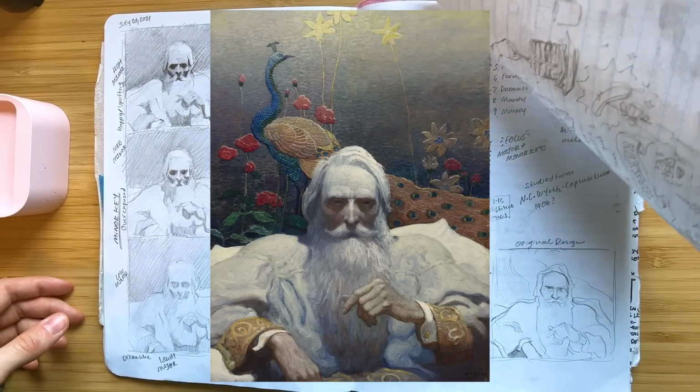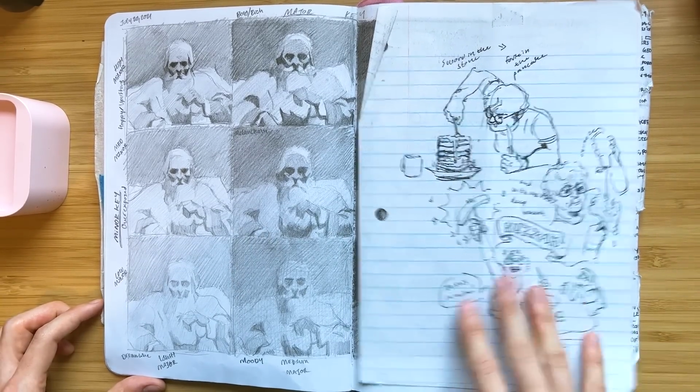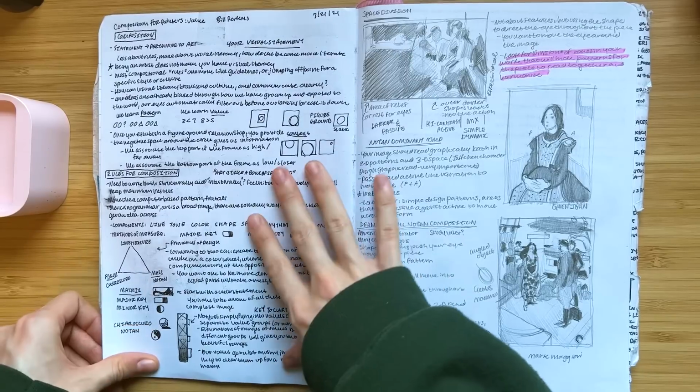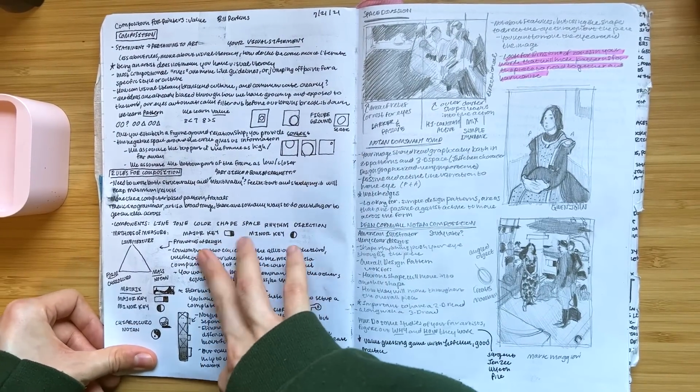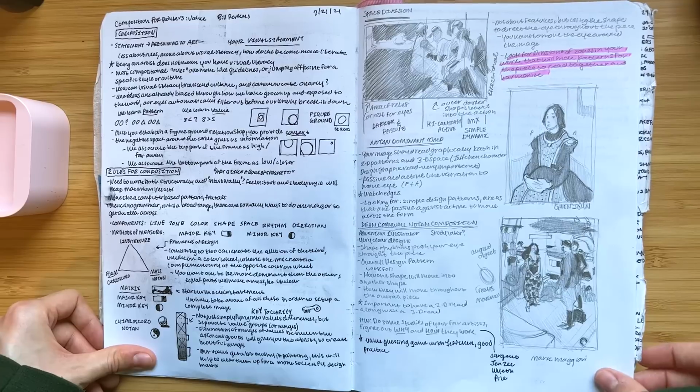Wyeth Captain Nemo piece, and just taking that and exploring it. And then some random doodles of me enjoying pancakes. Some more notes, a lot more about the major key, minor key stuff, and rules of composition, and just studying